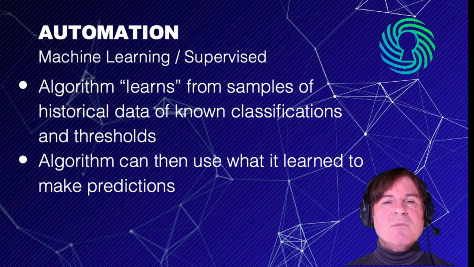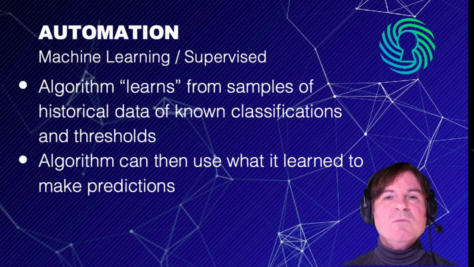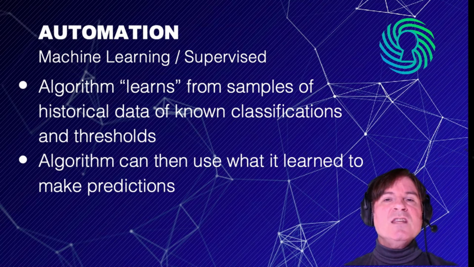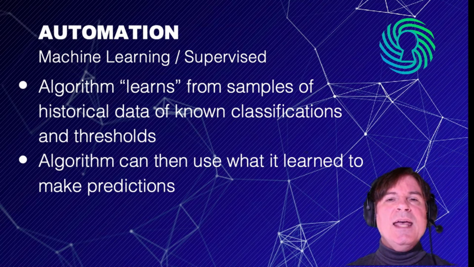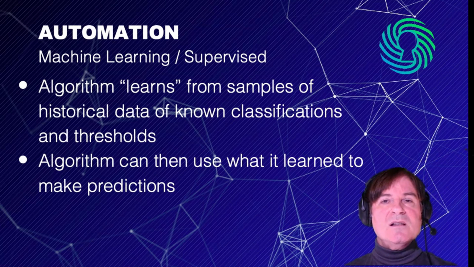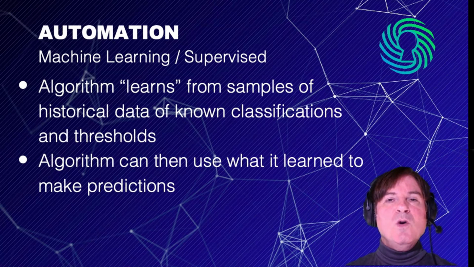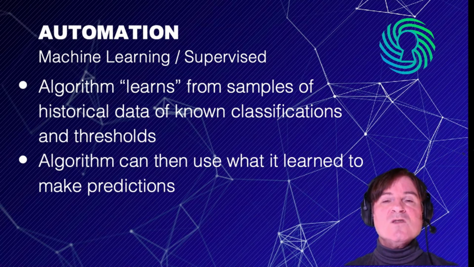So let's take a quick example. Let's say we have a spreadsheet with 1,000,000 transactions in it. In the far right column, we have what are called a label or a class. And in this case, each transaction of the 1,000,000 rows will have either a yes or a no as to whether it's fraud or not. This is called a training set. It's basically telling the algorithm what is or is not fraudulent. In that way, it's supervised.